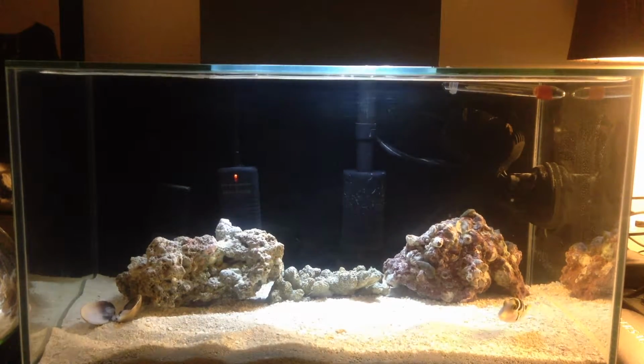A lot of them grow really big, some of them up to 2 feet. But there are also dwarf types of puffer fish, which this one is, the Valentini puffer fish. They only grow up to 4 to 5 inches, I believe, so you can put them in smaller tanks. So yeah, basically, I went ahead and did all the research